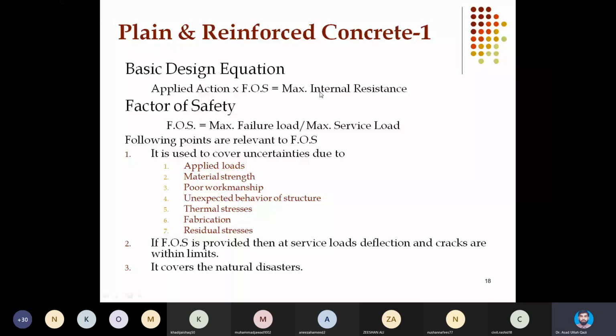So it means I am multiplying internal resistance with 0.9 or 0.8. So on the left hand side, factor of safety is more than 1. And on the resistance side, factor of safety is less than 1. So in this way, I am